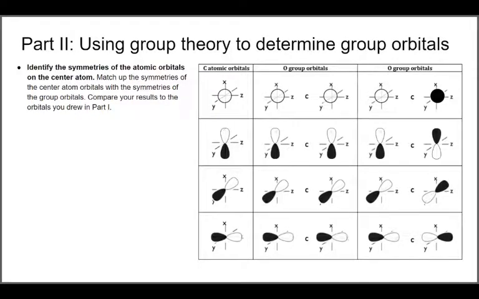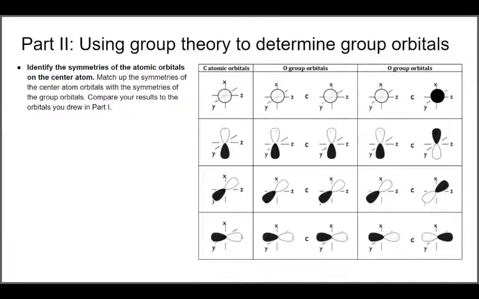So we systematically came up with 8 group orbitals using symmetry. Those 8 group orbitals that we came up with are the same as the 8 group orbitals that we imagined with pictures. So let's attach the symmetry labels that we derived from group theory with the pictures that we had in mind. So when we thought about the two s orbitals, we came up with an AG group and a